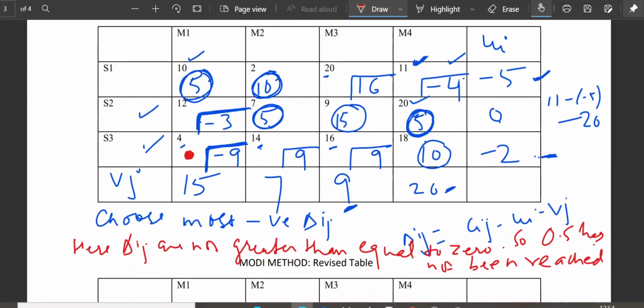How to modify? See, this is my minus 9. I will draw a loop from here. How to draw the loop? Remember that you can use only horizontal and vertical lines to draw the loop, and you can change your direction only at the basic cells.